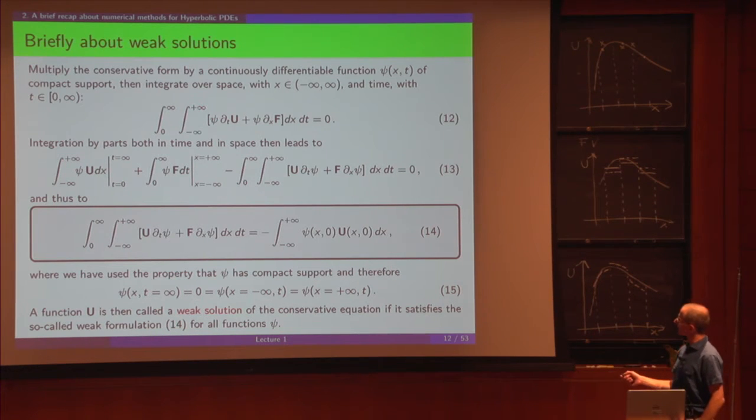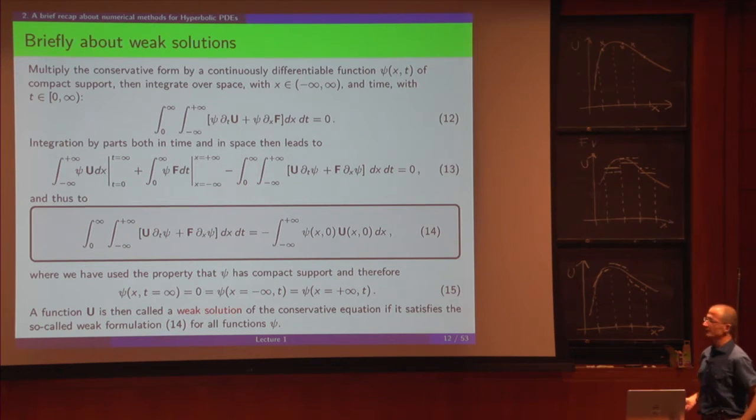We start from the conservative formulation in 1D. I'm neglecting sources, and I multiply it by a continuously differentiable function, psi, from a given functional space, and it has compact support. Then I integrate in space and in time, as you see here. Now I take integration by parts, both in space and in time, so that I shift derivatives onto the test function psi. You see all the derivatives here,